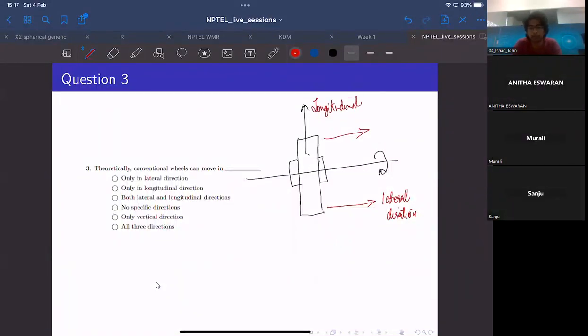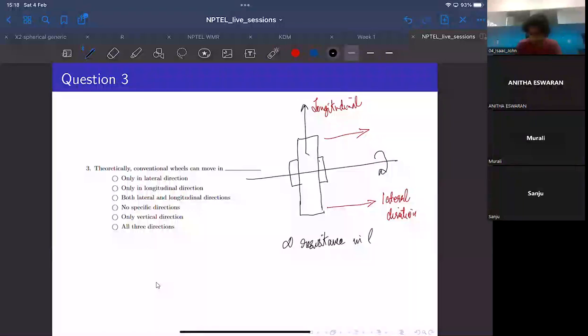And you might have come across wheel configurations that have passive rollers in the introductory lectures. But here we are only dealing with, notice the keyword, conventional wheels. It doesn't have any passive rollers. We are only using motors to actuate the wheels along its own axis. So theoretically, in case of conventional wheels, you will have infinite resistance, like how we model these wheels in mathematical models. We'll have infinite resistance